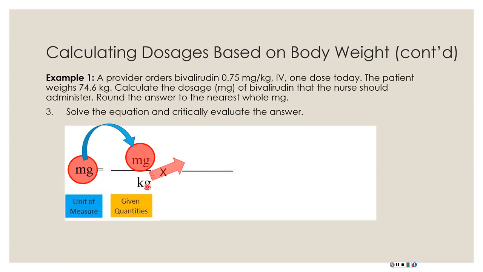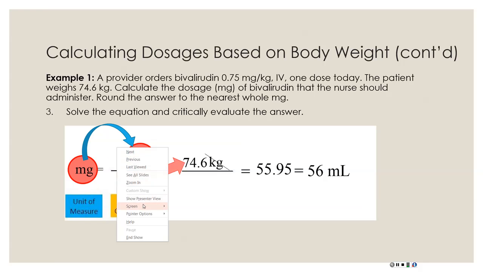Then what we do is we know that kilograms needs to go up here because that's the only way to eliminate, or we will often say cross out, the kilograms. And so we'll put in our 74.6 kilograms. And then we'll go ahead, and this is where you could cross out and strike through your kilograms to get rid of those. One error that I see as I'm doing this is that this one right here,